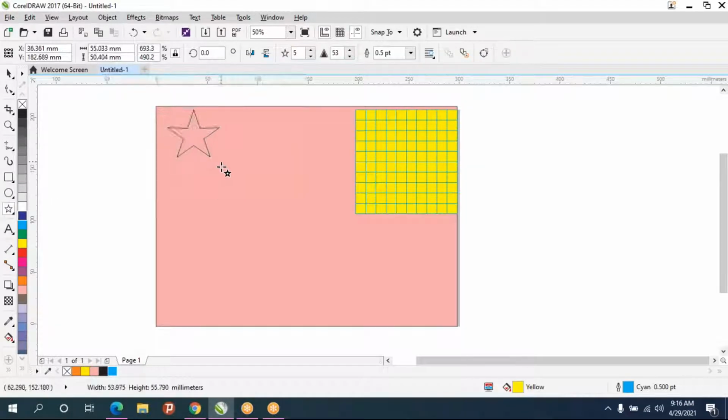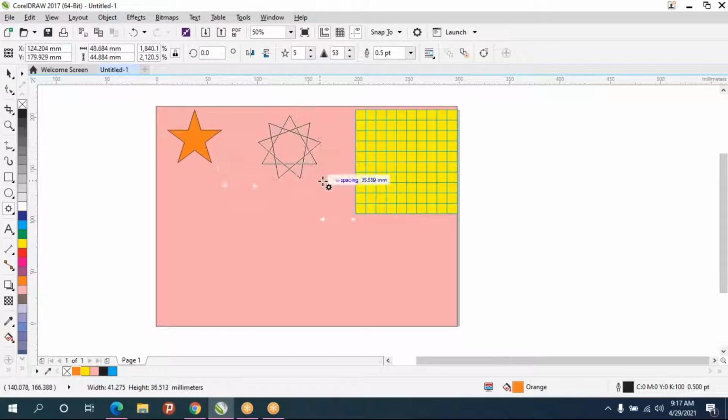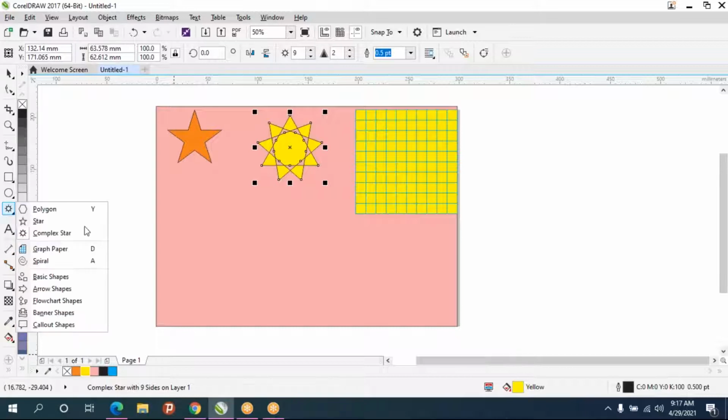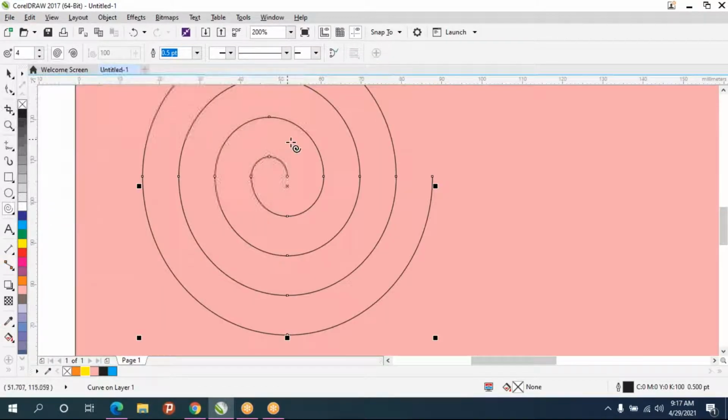So this is star tool, complex star, and that is graph. And we have spiral. So this kind of spiral shape you can make, but the problem is inside this you can't fill any colors.